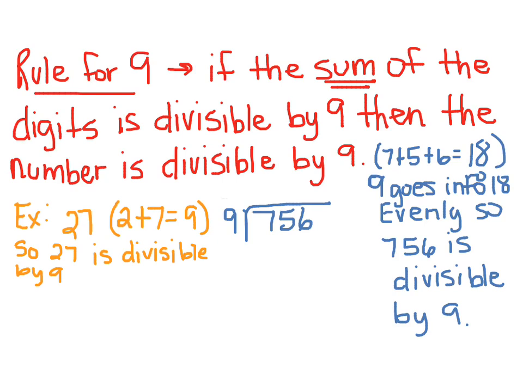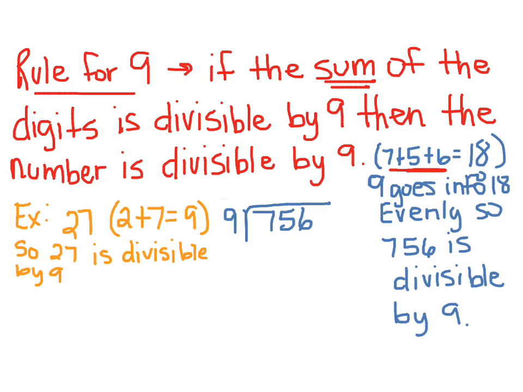Okay, then I have 756 divided by 9. 7 plus 5 plus 6 equals 18. 9 goes into 18 evenly, so 756 is going to be divisible by 9. Okay, so let's work that problem out. If I take